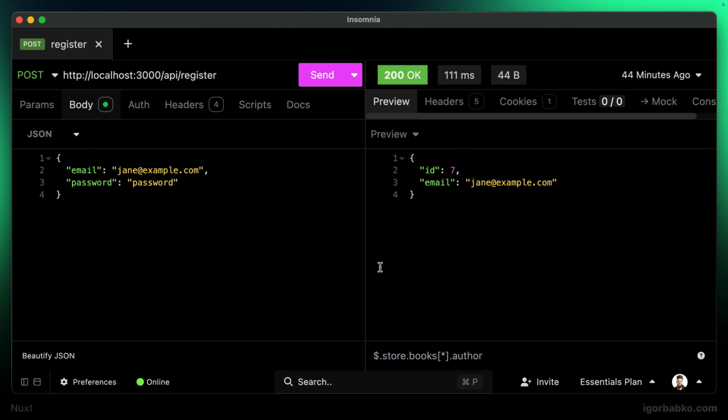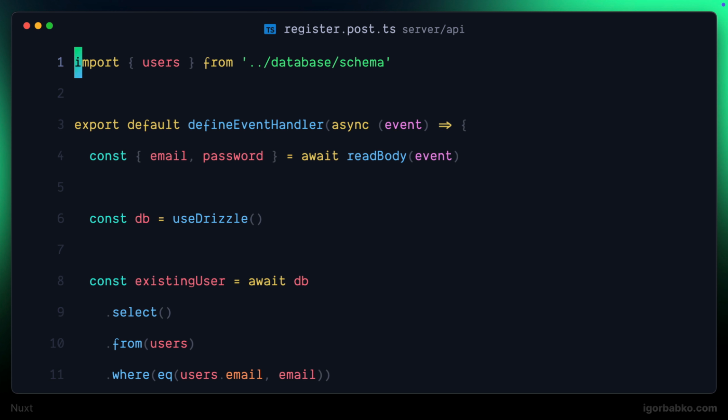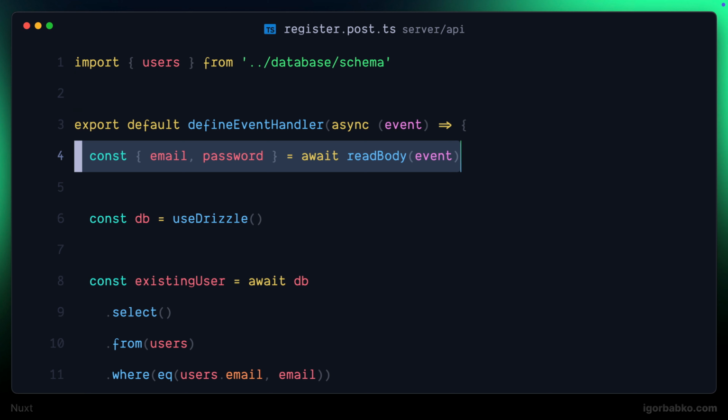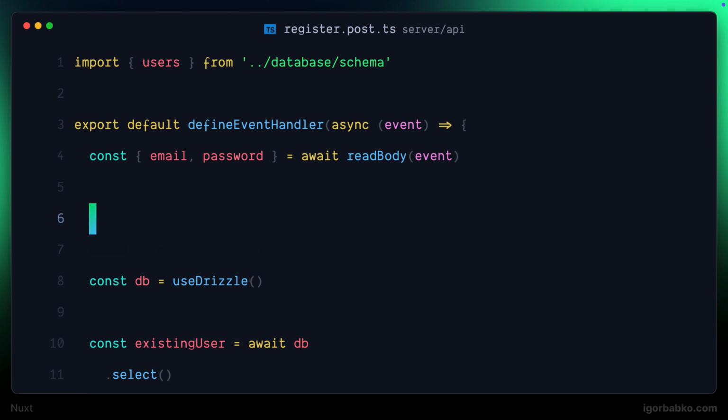Now that we have validation functions defined, it's time to apply validation, firstly on the server side. We have our registration endpoint inside the register.post.ts file, and right here, before doing anything else related to registration, I'm going to firstly validate the provided email address by using our helper function validateEmail, which we need to import from